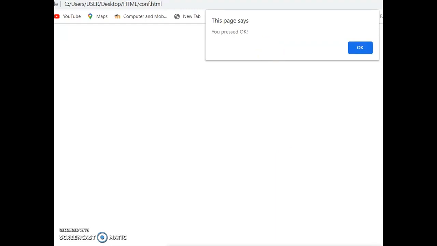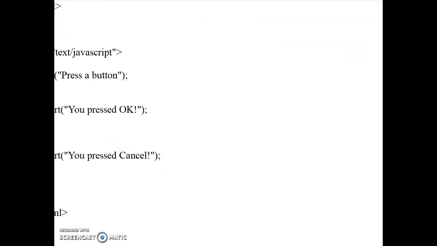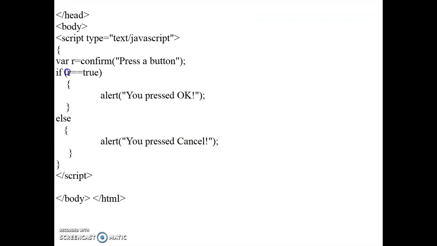Here we are checking if r is equal to true, then "You pressed OK". Else, if we press Cancel, it will display "You pressed Cancel". Okay, this is the working of the confirm box.